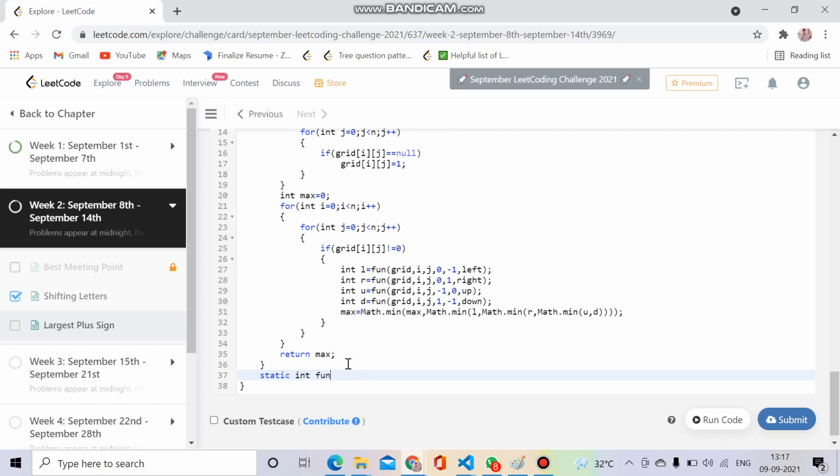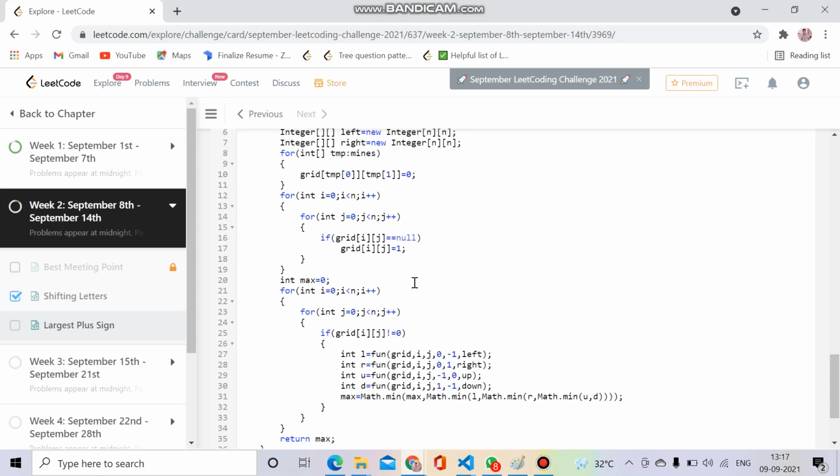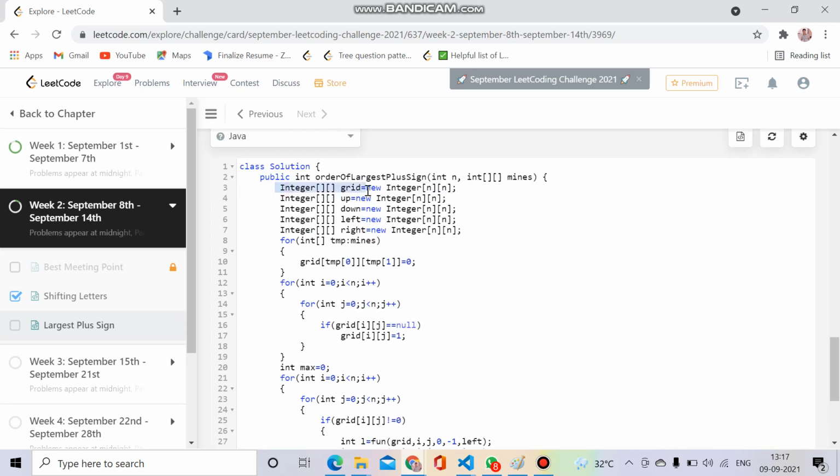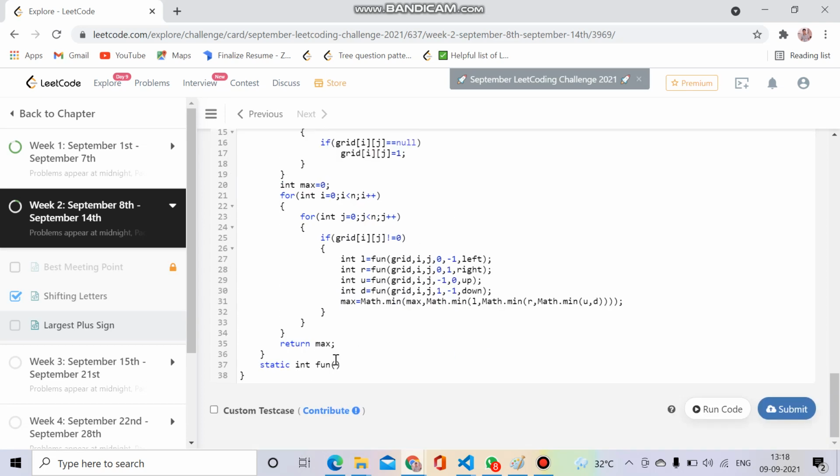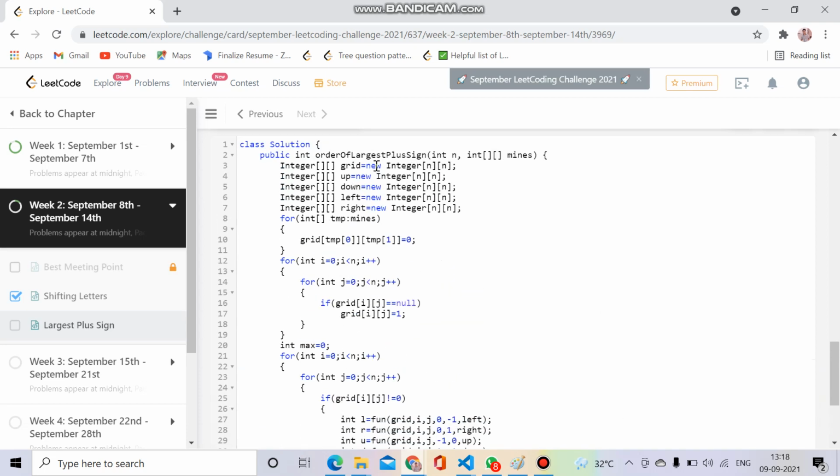Static int fun, and it will have grid as the arguments, integer grid, and int i, int j, and int r, int c, and an integer array for left, you can say dp.